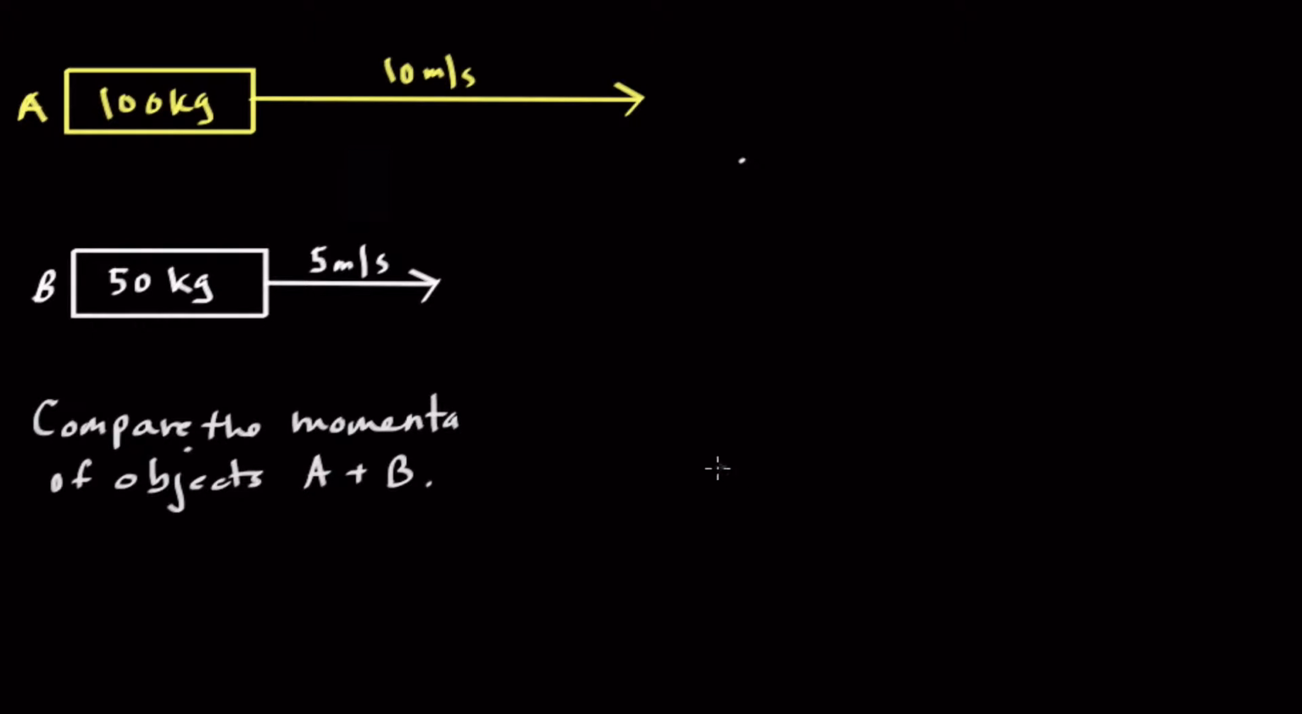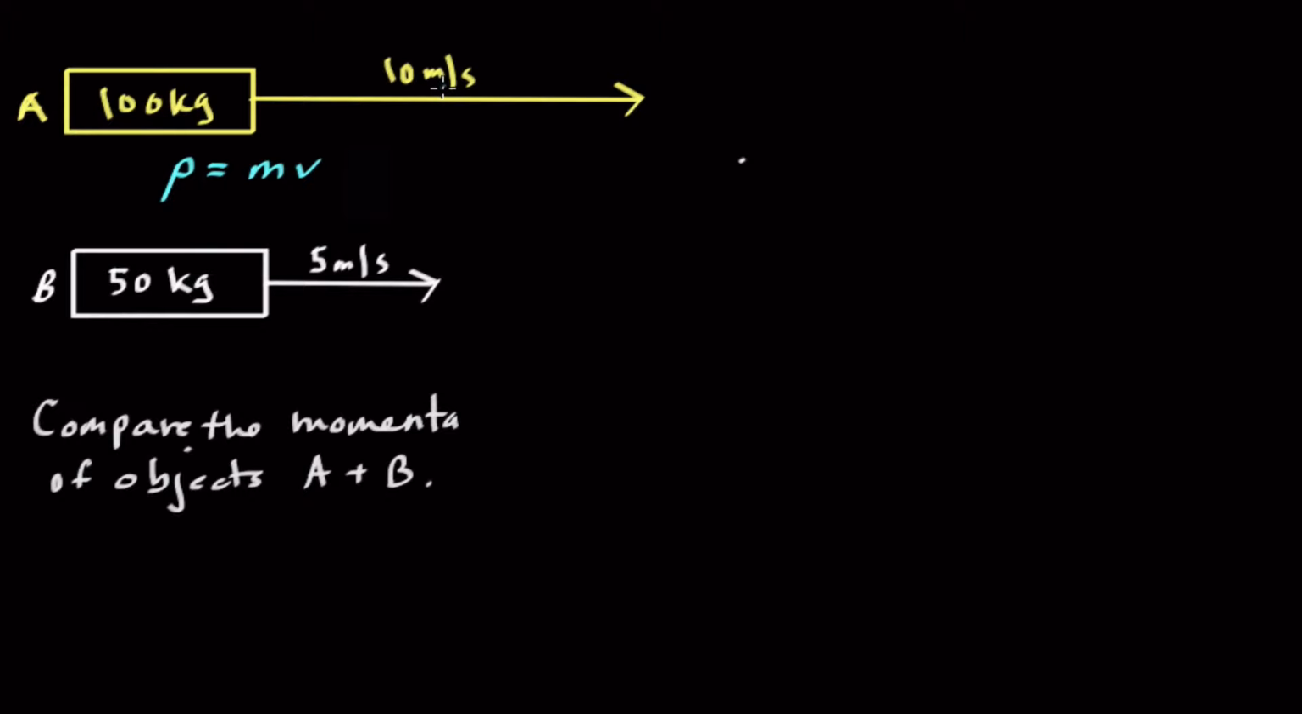So here's a momentum problem. Compare the momenta of objects A and B, and we're given their mass and their velocity. And hopefully you remember that mass and velocity is all you need to know in order to calculate momentum. So P equals mv. That's the equation for momentum, where momentum is the letter P, m is mass, and v is velocity. So we can see that object A has more mass, and